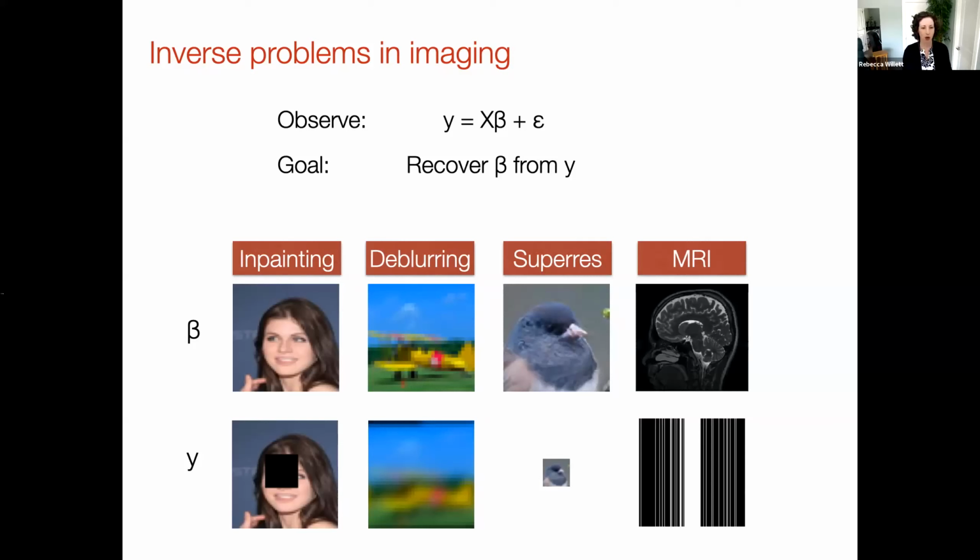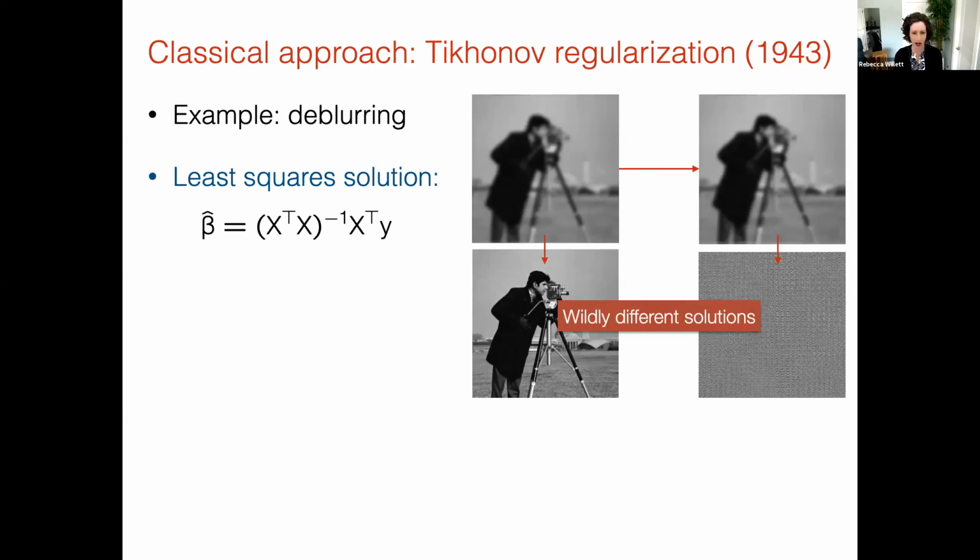So this is an old problem that's been studied for decades. And of course, given the linear system of equations perspective that I just presented, the first thing that many of us would think of would be just trying to use least squares. So we could examine this in the context of deblurring, where we see in the upper left here an image that is blurred. And if we just take that blurry image and try to compute the least squares solution with full knowledge of the blur operator X, then we get an accurate reconstruction of the image.